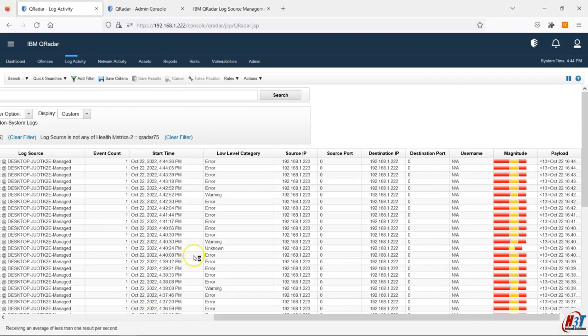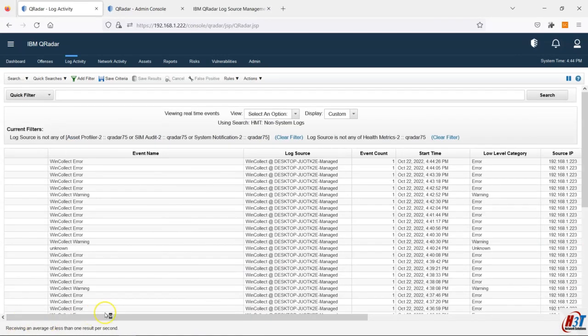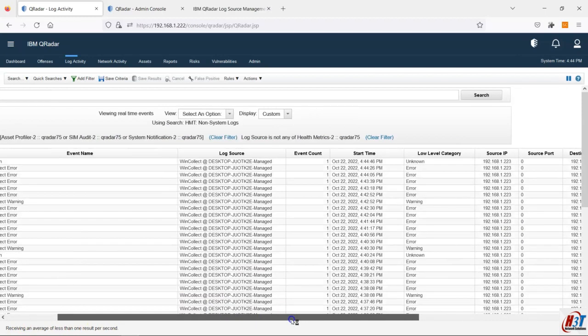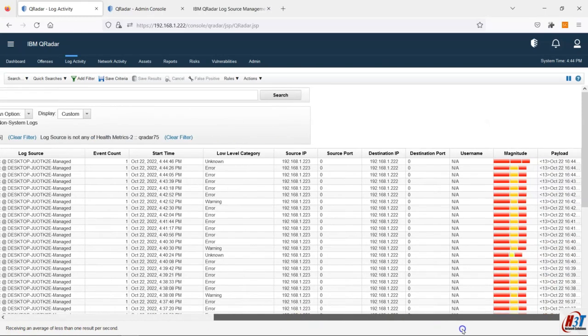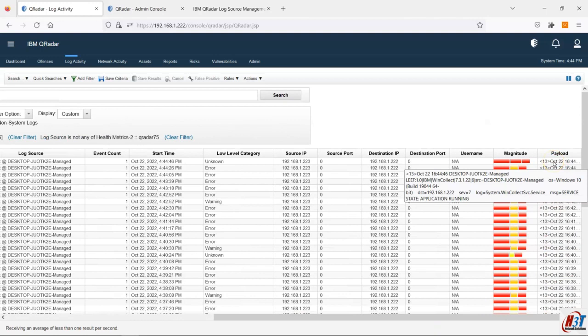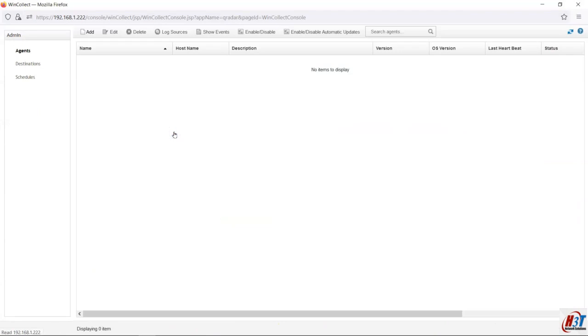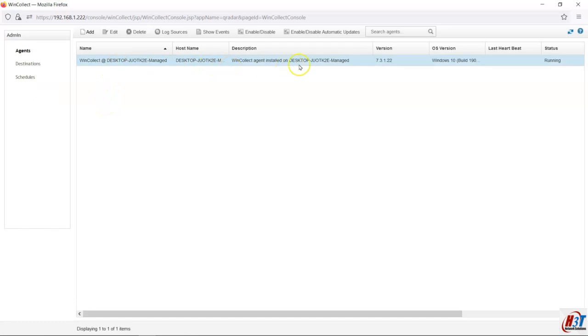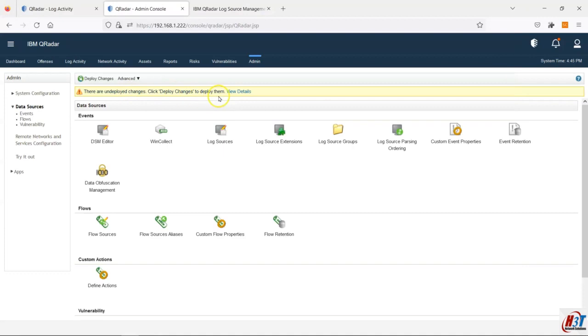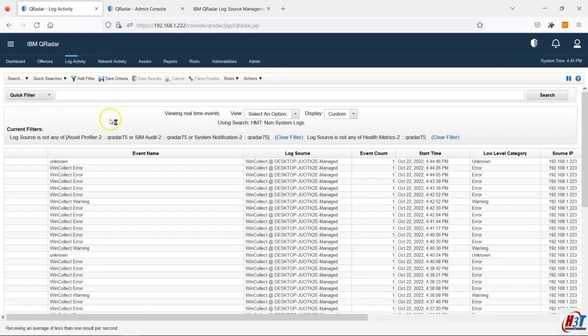So let's return back to QRadar, wish for the best. Now the connectivity will be there. You can see here some heartbeat services are running. Maybe we can check here in the WinCollect if we have anything new. Yeah, see, now the agent is seen, so it was indeed some connectivity problem. So the agent is seen now, and in the deployment we need to push the log source